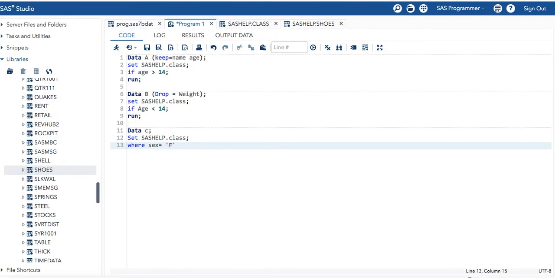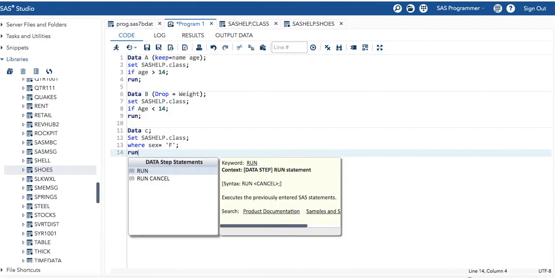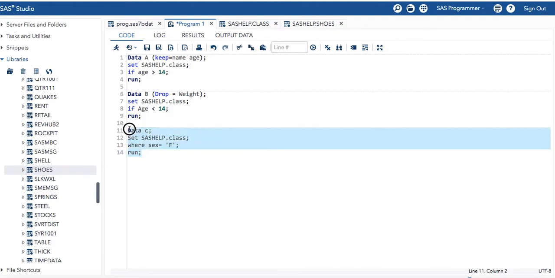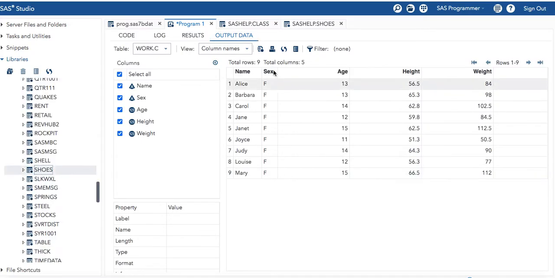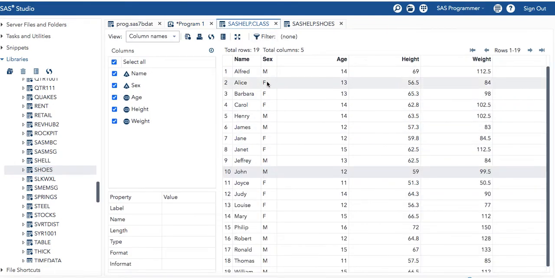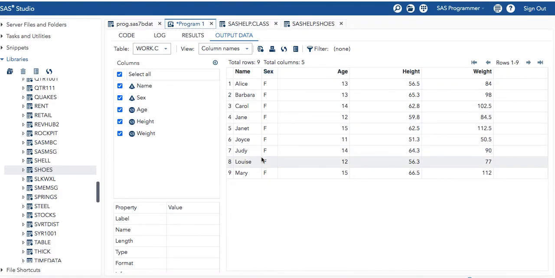F. Why we are doing it like this is because if I check in my original data set what is happening, let's first run this one. So here you can see we have selected F. Now if I go to class, here are two values M and F. So whatever exact value is there for that particular column, I have to put that value, else SAS will not be able to find that value.